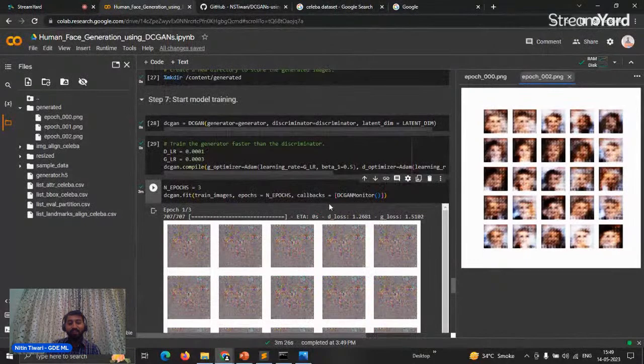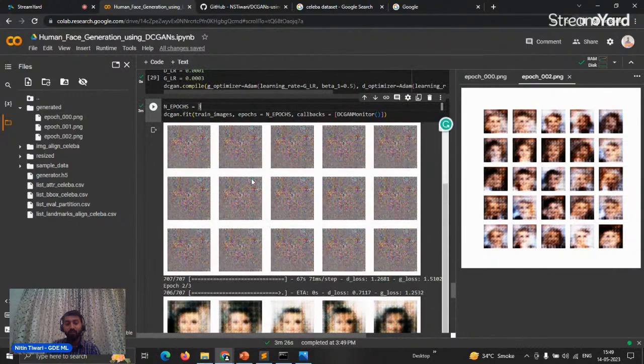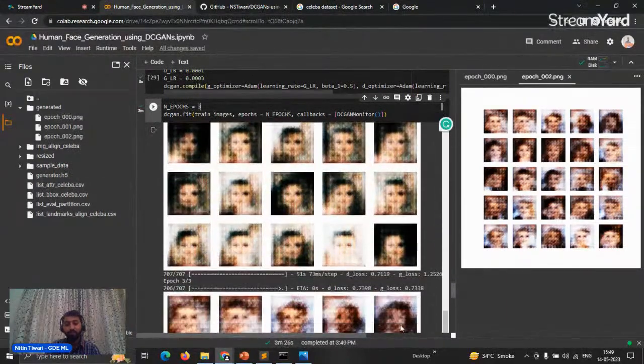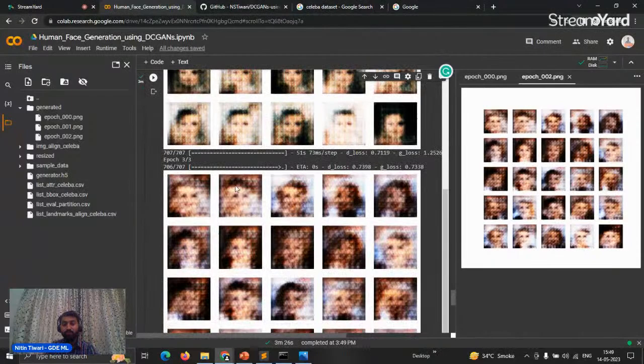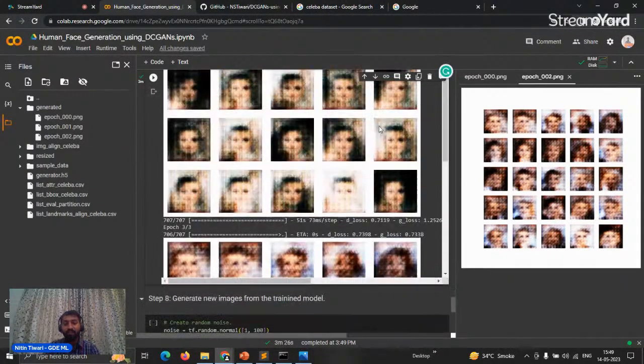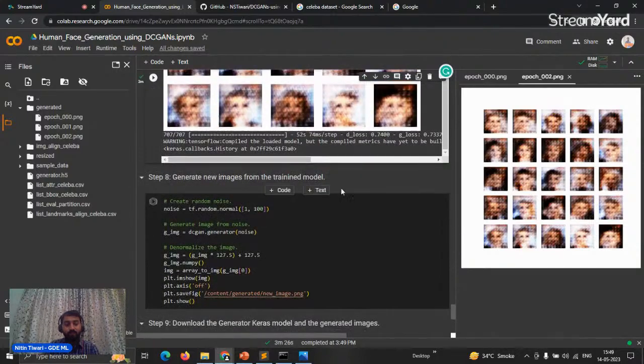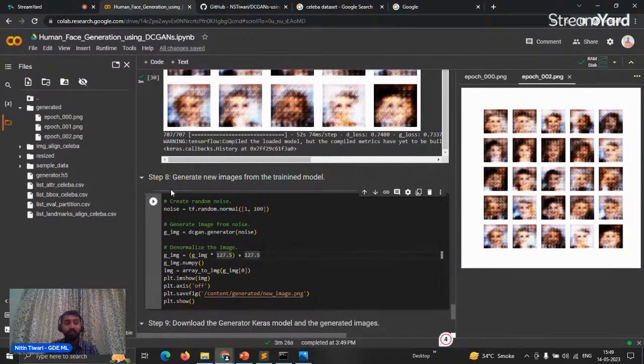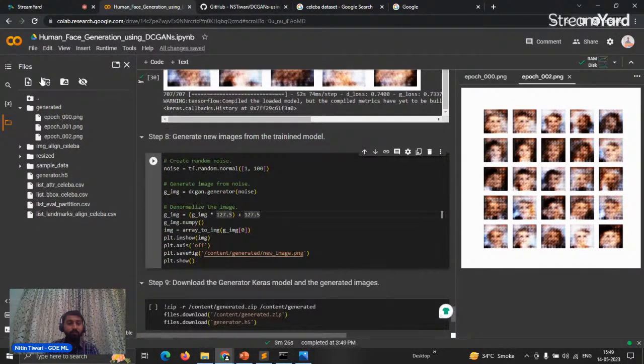So our model has been trained. Of course, this doesn't look very good because it was trained for only 3 epochs, but just to show you how this is implemented. You can always try it from scratch. You can build your own custom DCGAN model and for a different data set as well. So once the model has been trained, we are good to use it. Okay. So what we'll do is